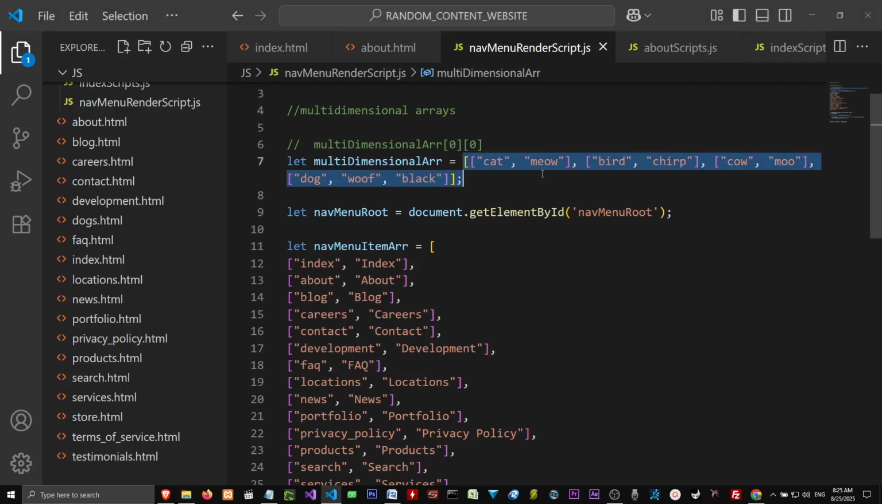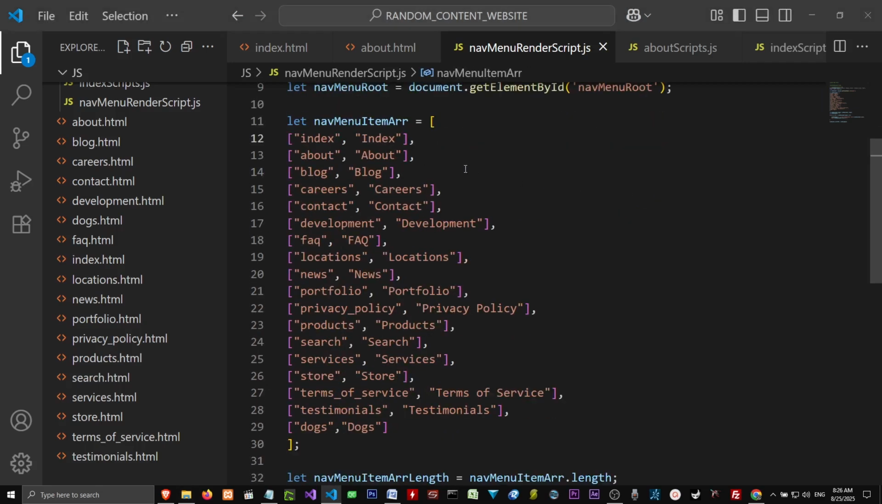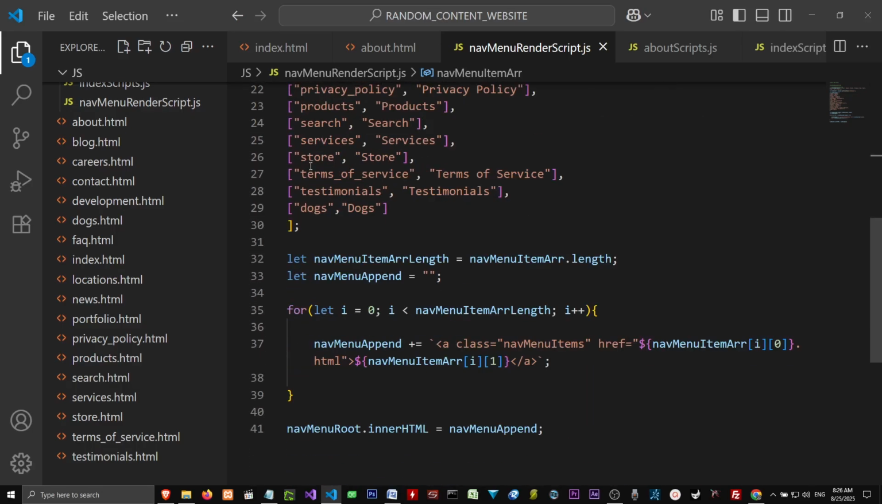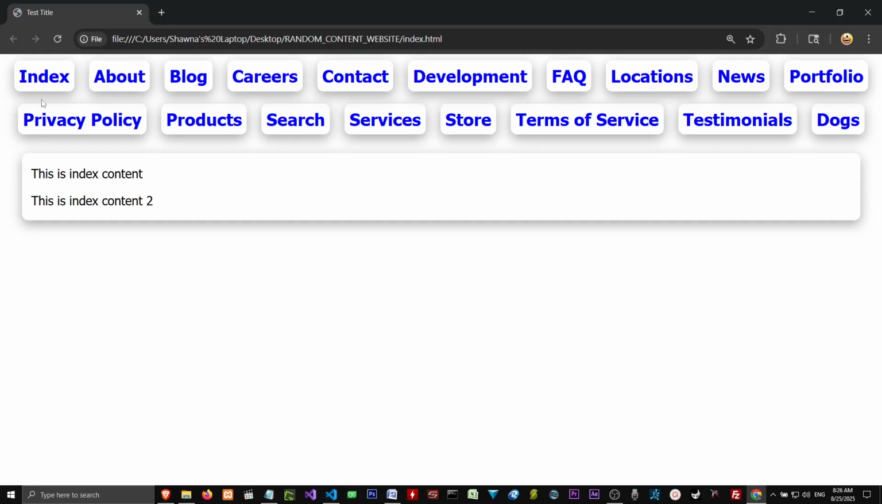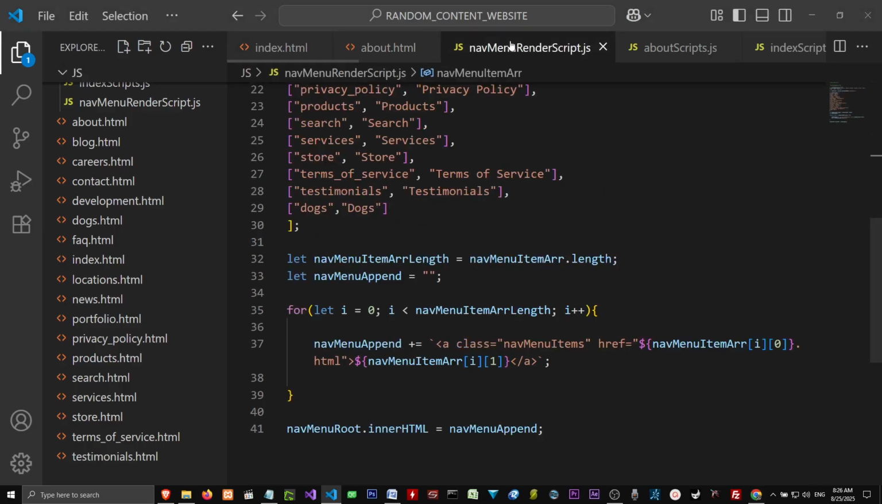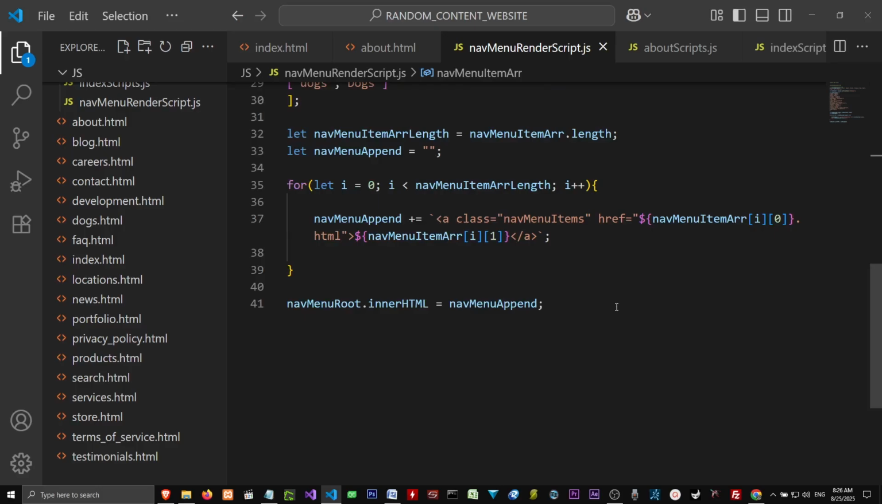We learned how to structure multi-dimensional arrays, and we used one to make our nav menu items appear. Instead of coding it out line by line in the HTML, we have our nav menu render script, and we leverage the power of JavaScript, template strings, and string interpolation to